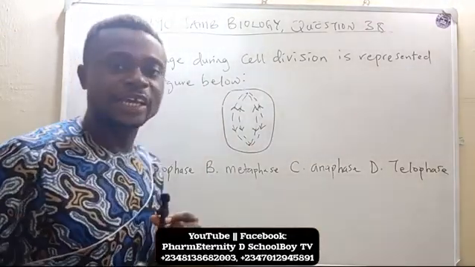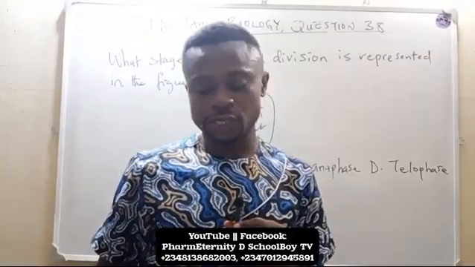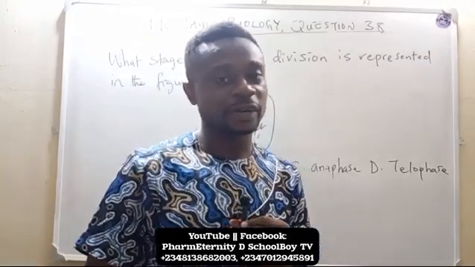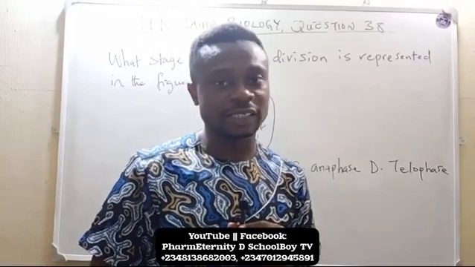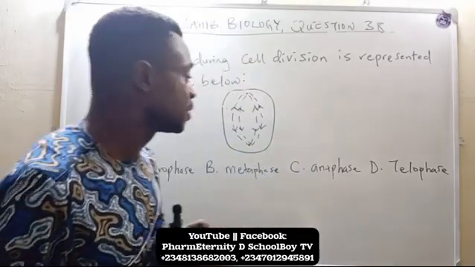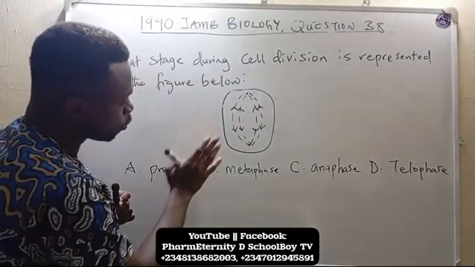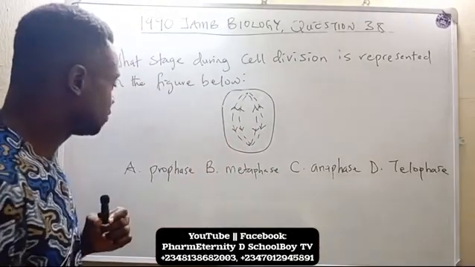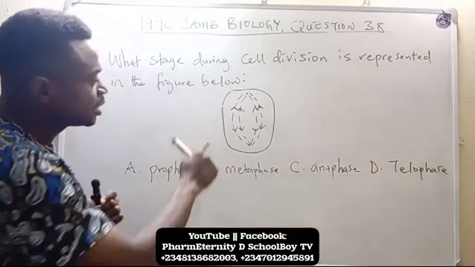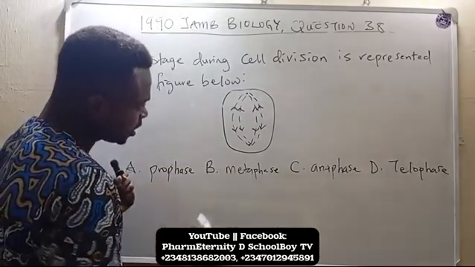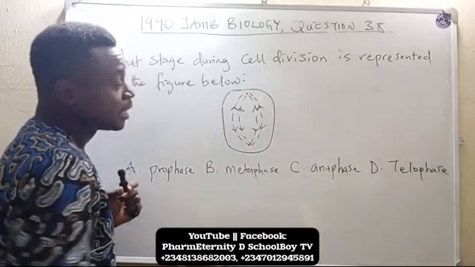And actually, in cell division, of course, you know that mitosis takes place in the somatic cells. Mitosis takes place in the what? Somatic cells. But meiosis has to do with the sex cells. But let us focus on what we have on the diagram. Actually, at the prophase, this thing you are seeing here, they are the already separated